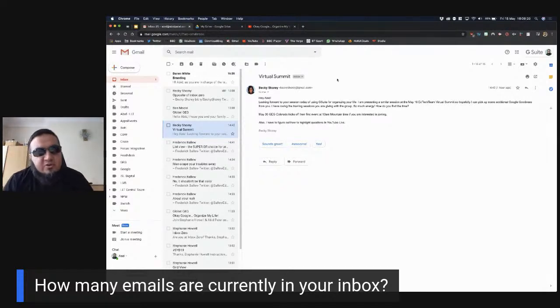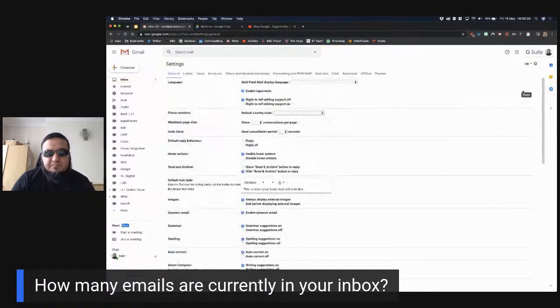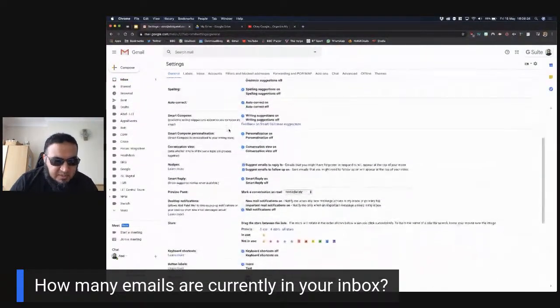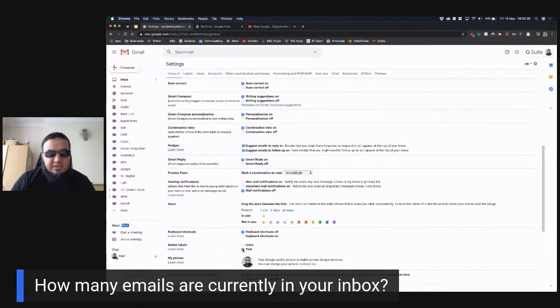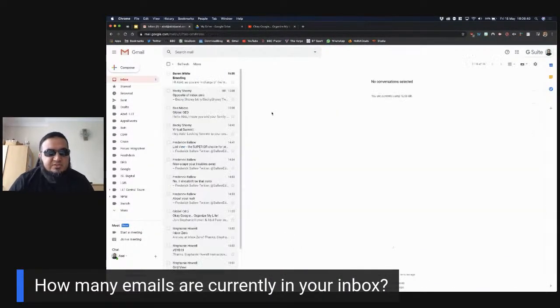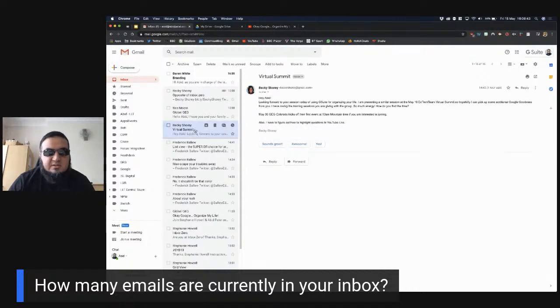Now, one complaint that I normally get is people don't like that it's got these icons and they don't know what they say. So what you can do is go into the settings and go into settings again, scroll down to where it says button labels, which is right here, click on text, click on save, and you'll find that all of those buttons have now become text. It's just your personal preference, but I like to see the text. I like to be able to see what I'm doing straight away.